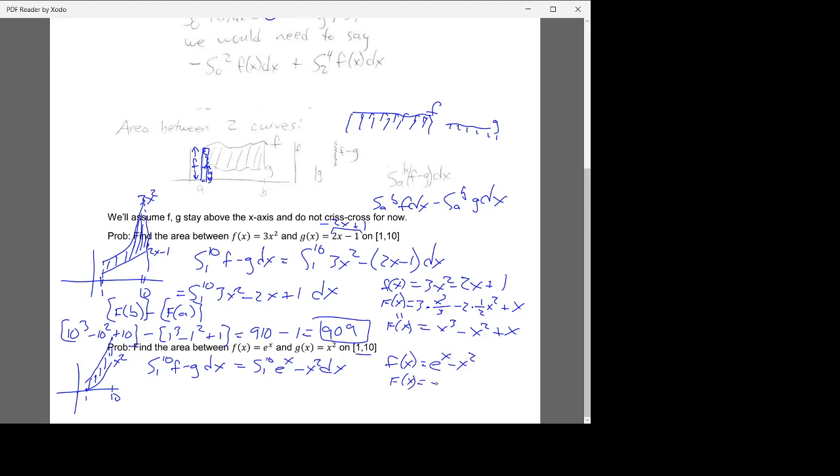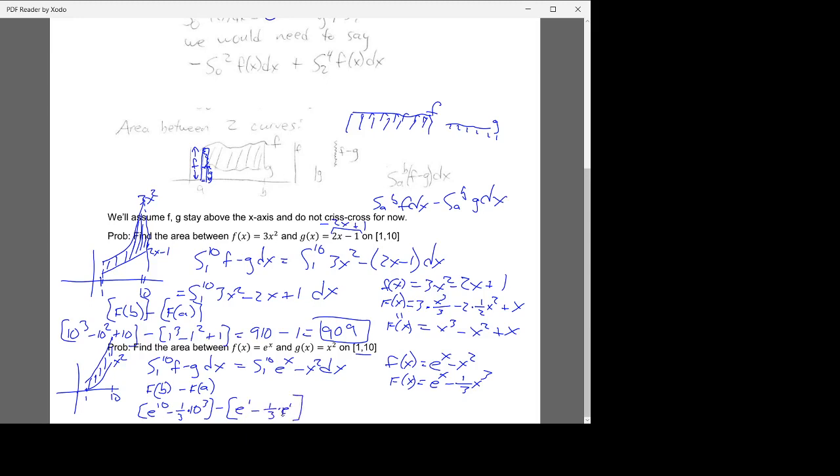is the antiderivative of e to the x, which is e to the x, and the antiderivative of x squared, which is 1/3 x cubed. So if I want big F of b minus big F of a, in this case, here's my big F. I just take F of b, which would be 10, so e to the 10th minus 1/3 times 10 cubed, and then minus e to the first minus 1/3 times